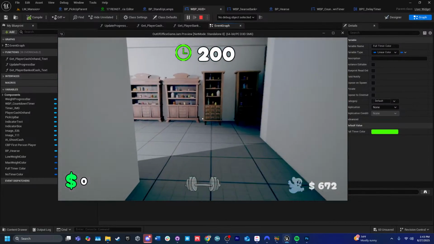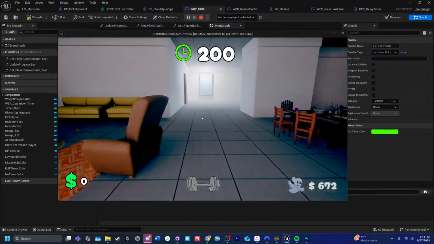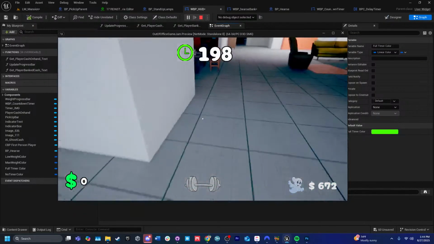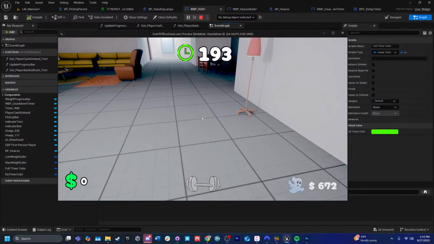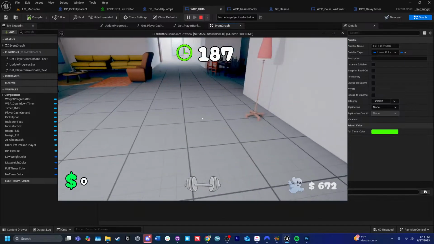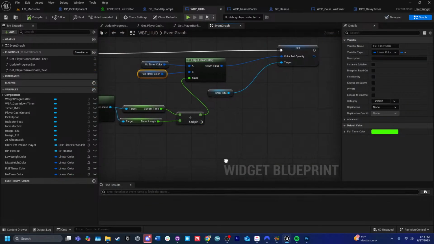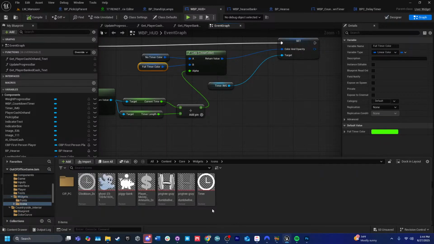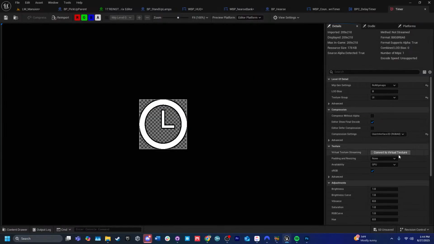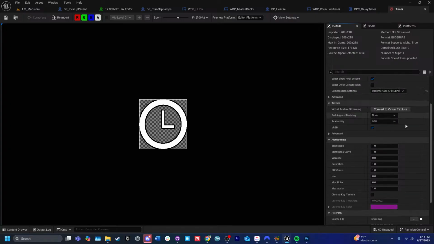Okay. That works. So as that goes down, except for I'm noticing some weird clipping. And the stroke is not perfect. What I need is on that core widgets icons, I need